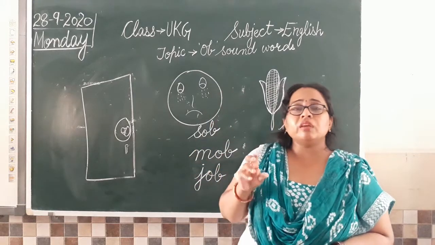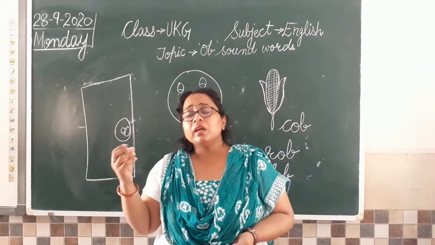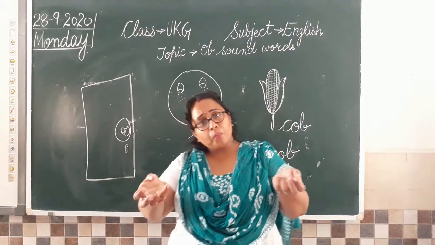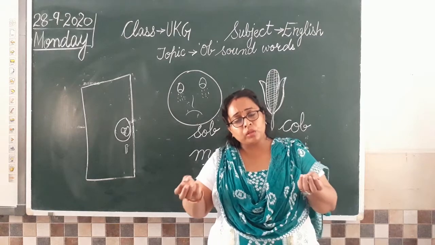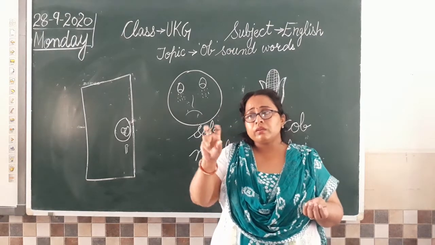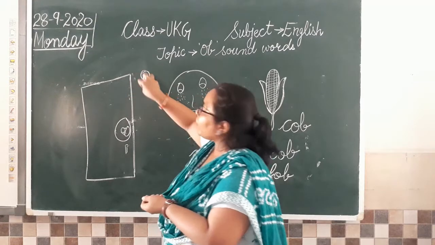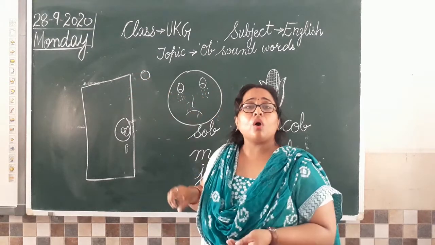Like for example, if you can just see at your home, you will find some drawers. Drawers होती हैं, उनको बाहर निकालने के लिए to pull them out there is something circle. वो इस तरह का एक circle होता है जिसको you will hold it and you pull it out. That is called knob.